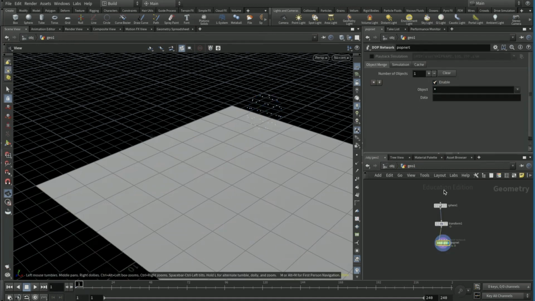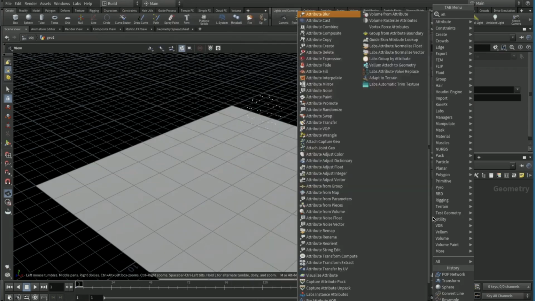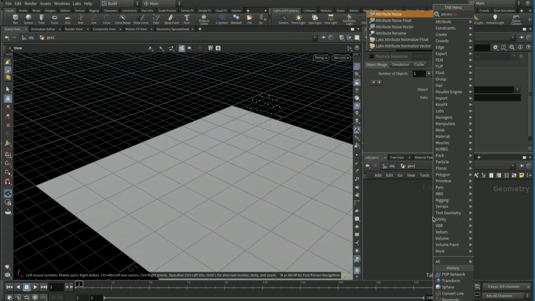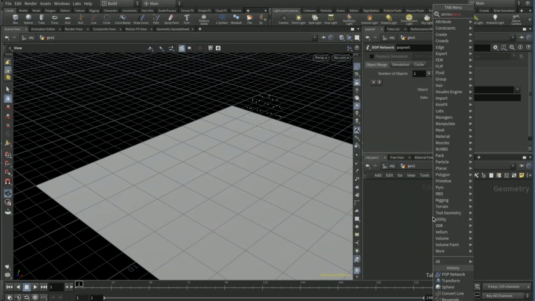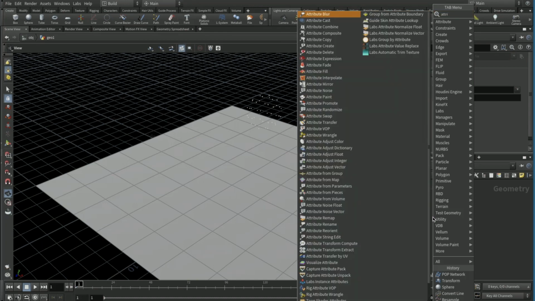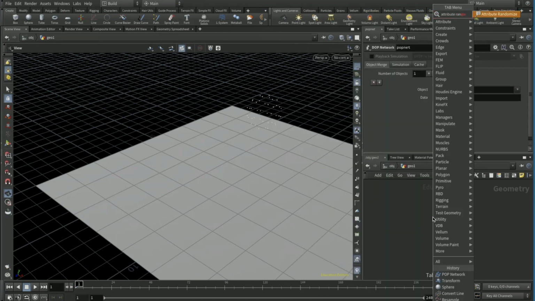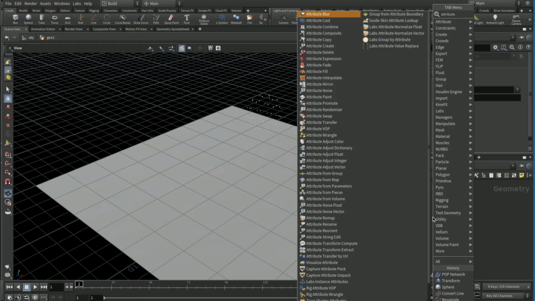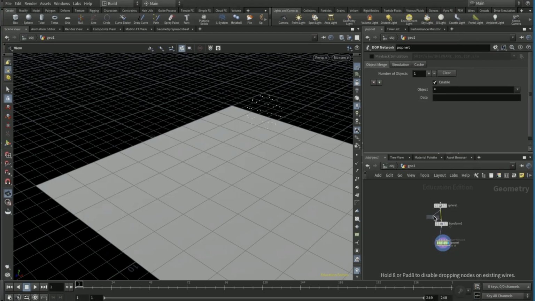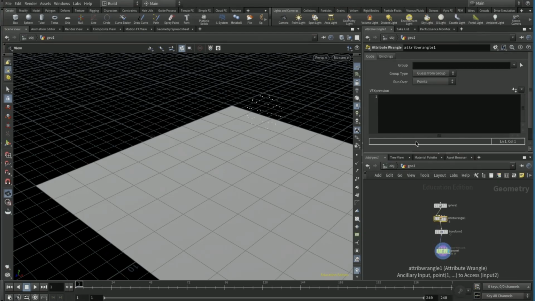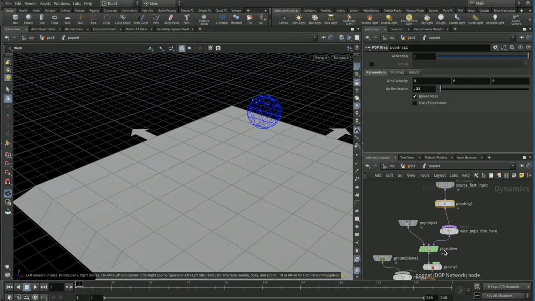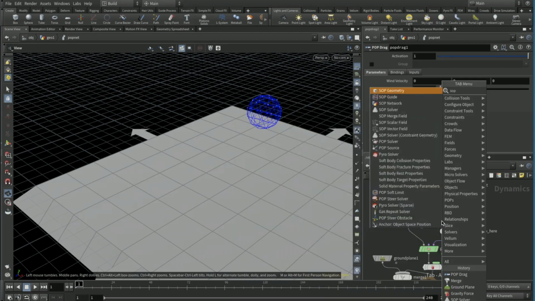And come back into here, right here, drop down an attribute wrangle node, if I can type. Still can't type. Once you've dropped down an attribute wrangle node, type in this code. So now dive back into the pop net and drop down a SOP solver here